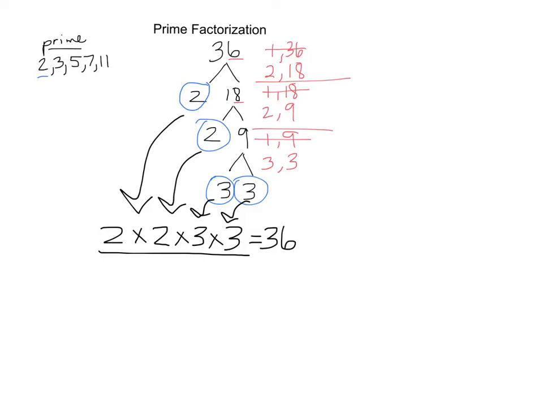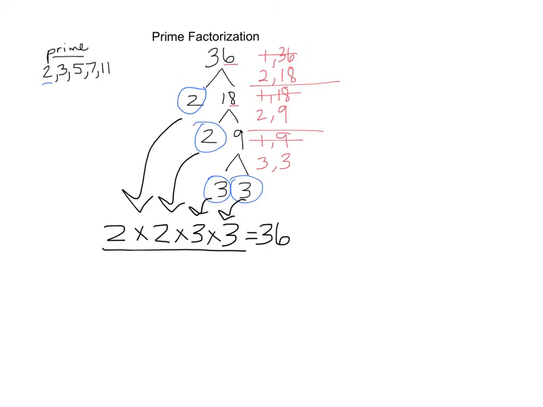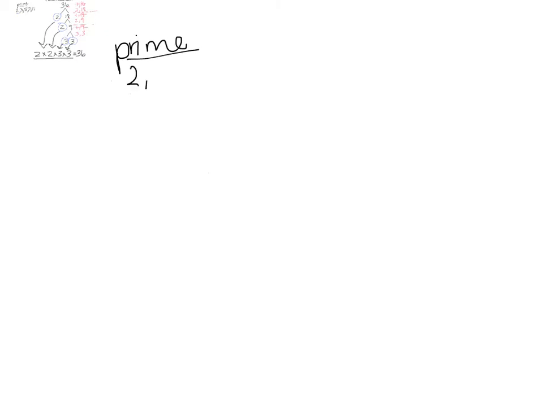All right, so let's practice further with our prime factorization. Now I want to remember those prime numbers again. So I am going to rewrite them over here. 2, 3, 5, 7, 11. But let's now use a little bit of a bigger number than 36. Let's go with 180. So I know my first step is going to be to branch this out into a factor tree. Again, I can't use 1 and 180,